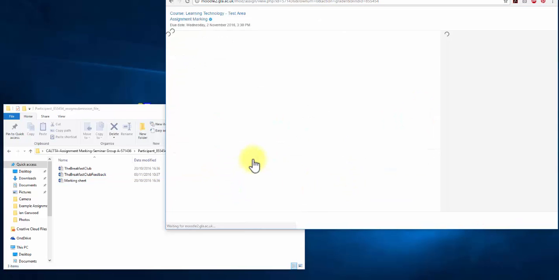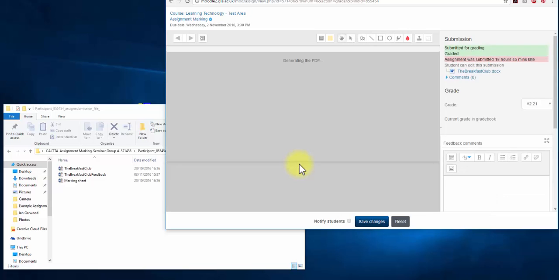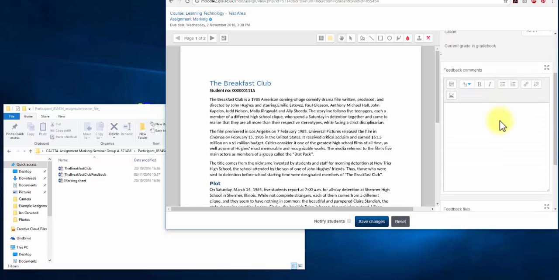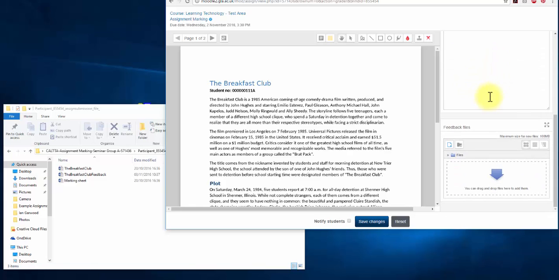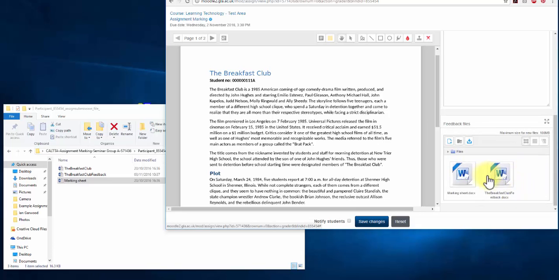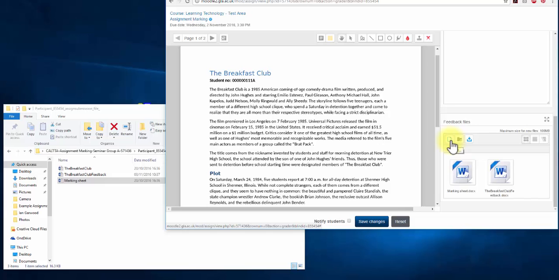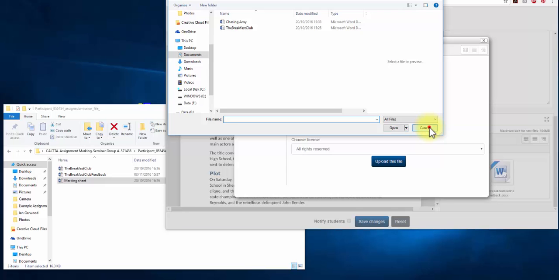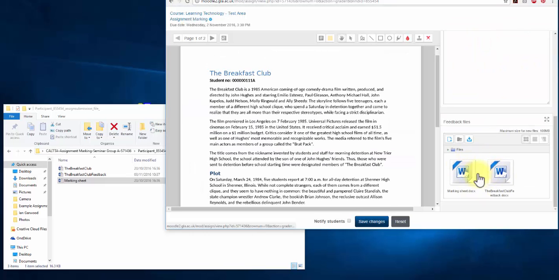If I hit the grade, this is going to take us to a screen where we can annotate PDFs, but we're not using PDF annotation, so we're going to ignore that. And we can ignore the overall comments as well. And it's the files that we're interested in. So we want to just drag and drop the feedback file and drag and drop the marking sheet. We could also add it using Moodle's file picker and browse for it on the computer, but drag and drop I find a bit easier. Once we've done that, we hit save changes,